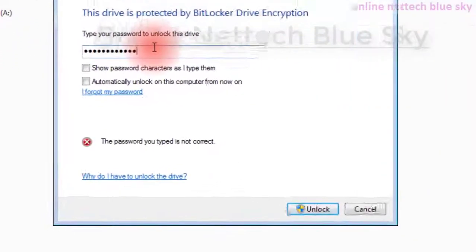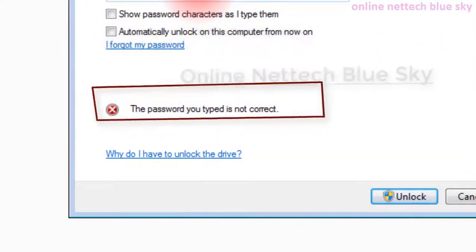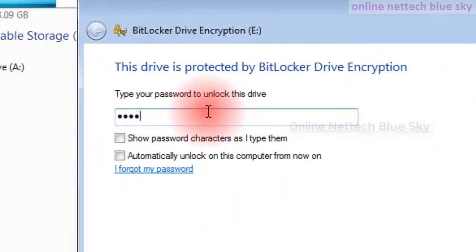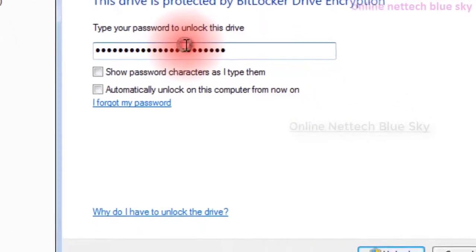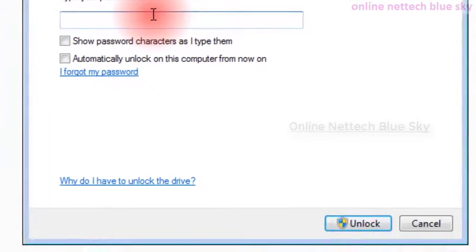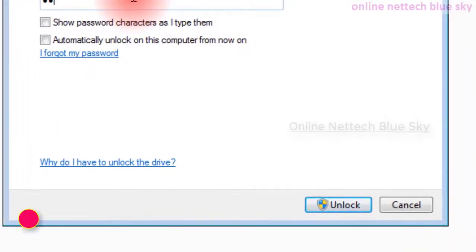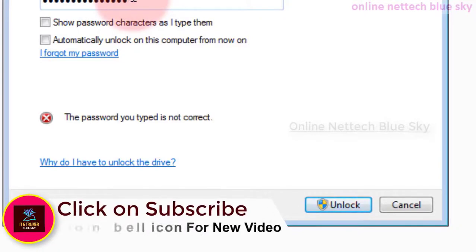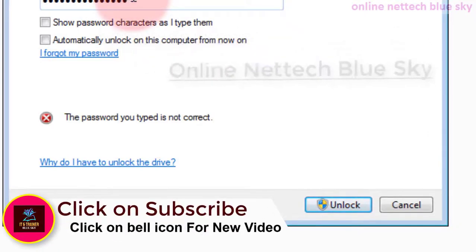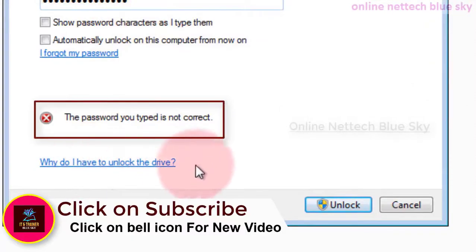Okay, first I try an incorrect password, and I enter a wrong password another time. It does not unlock because I entered the wrong password, and it keeps showing the error here.